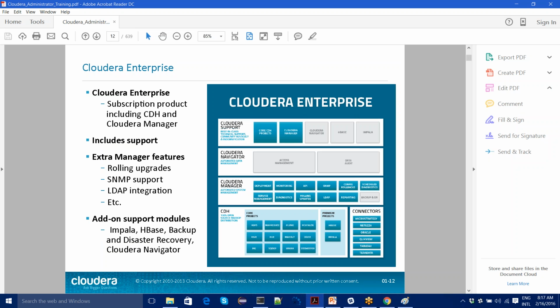Once you go for enterprise, it is a subscription-based model, and you get support and also additional features and extra tools, like managed features and add-on modules such as Impala, HBase, backup and disaster recovery, and Cloudera Navigator. These are the add-on modules that come with Cloudera Enterprise Edition of Hadoop.